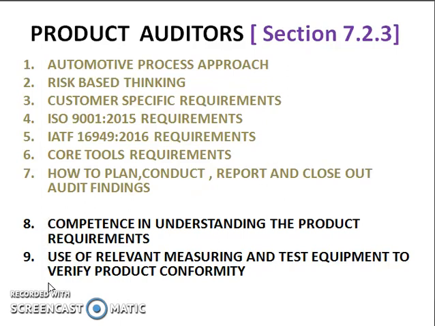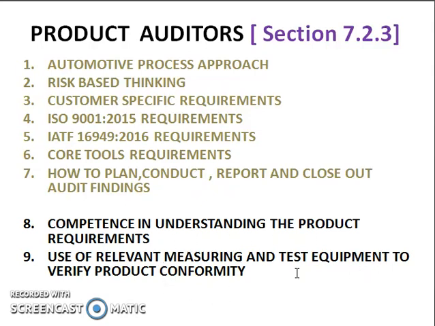What are the 8 and 9? First thing, the product auditor must be competent in understanding the product requirements. In other words, he should be able to read the control plan. He should be able to see what are the parameters, what is the tolerance, what are the instruments which need to be used for measuring the different parameters,